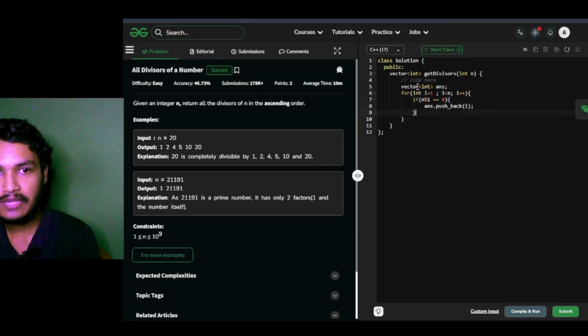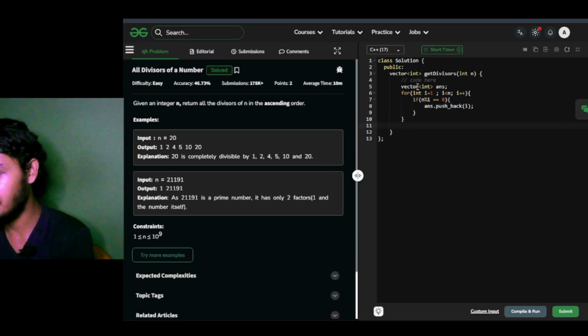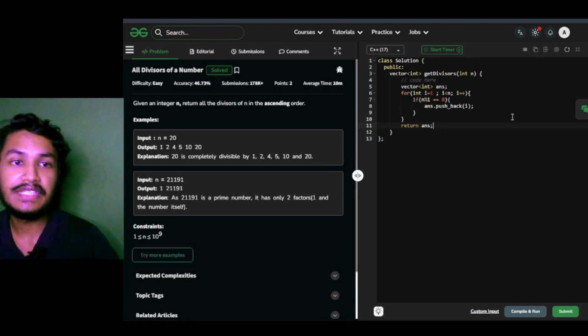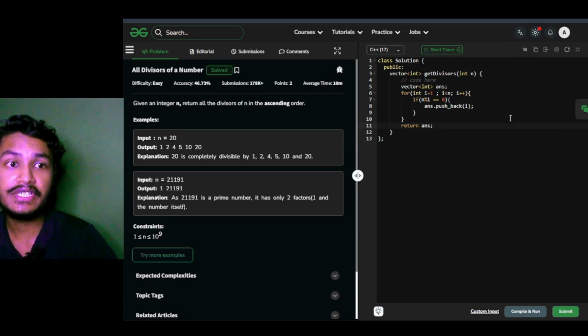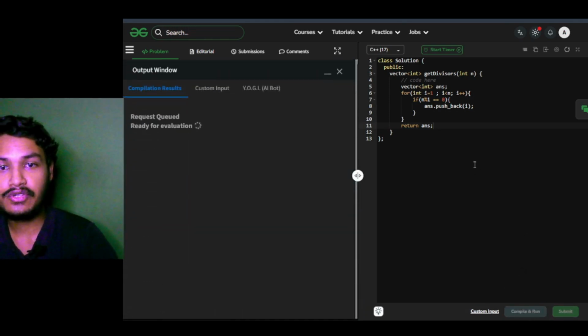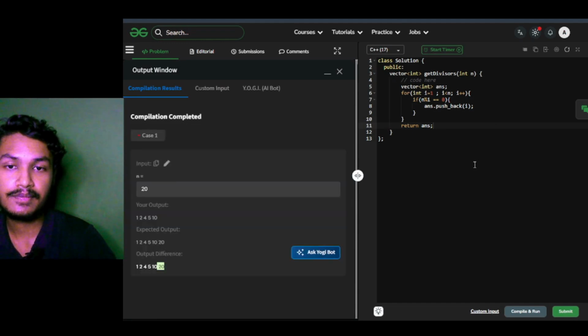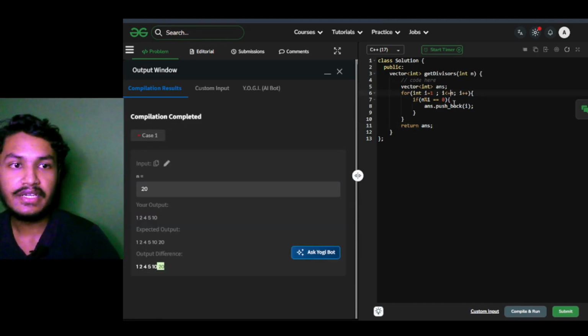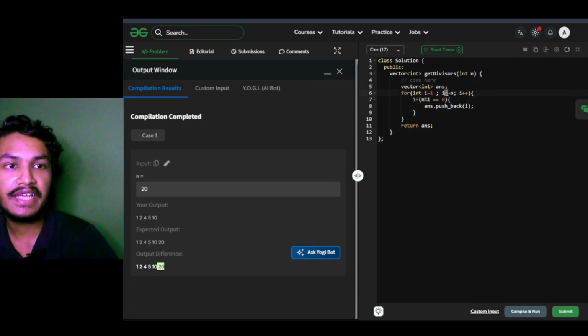And then we will return our answer. Okay, so this is the most naive approach. Let me run this code. We have to run this till i is less than or equal to n.